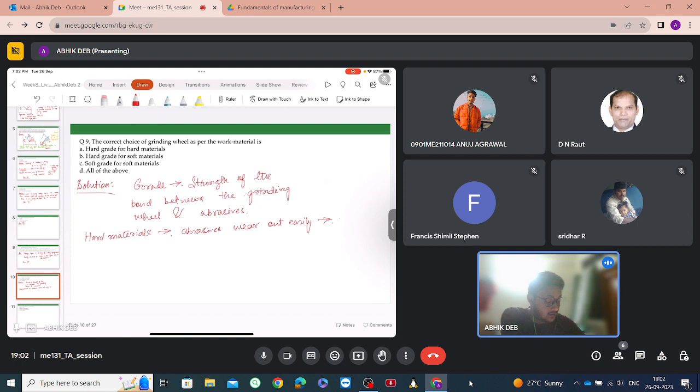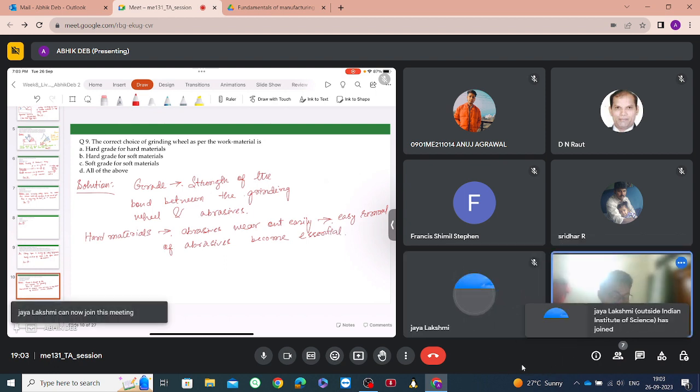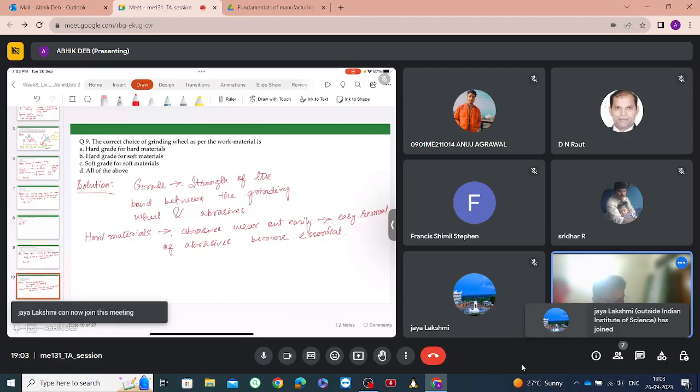So easy removal of abrasives becomes essential. That is why